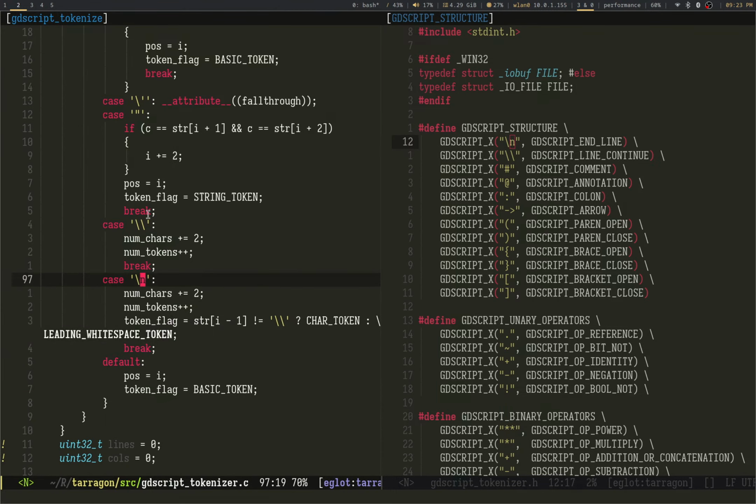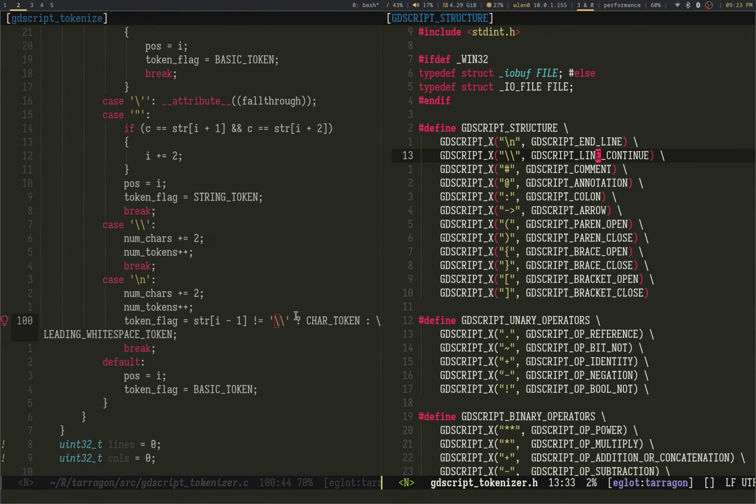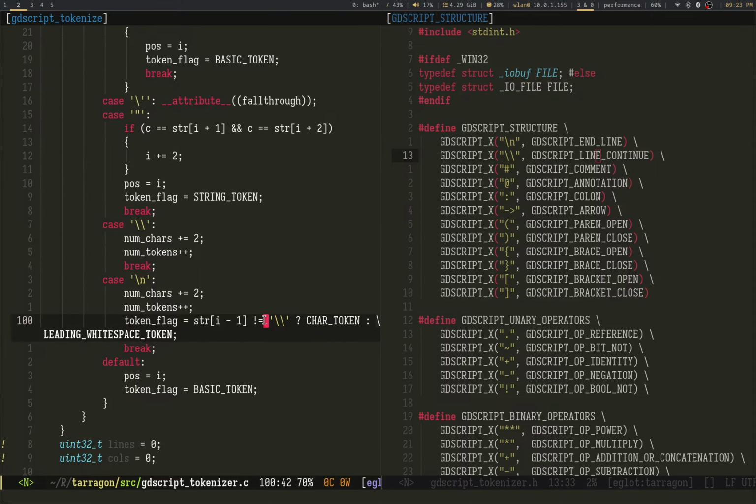This is great, so I've got that covered. If you encounter this, you're going to stay in the same character thingy. If you encounter a new line, you look back one and ask, hey, is the line continuing? No. Thank God. You stay in the same state. Cool. Looks good.